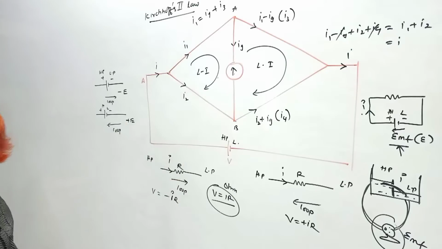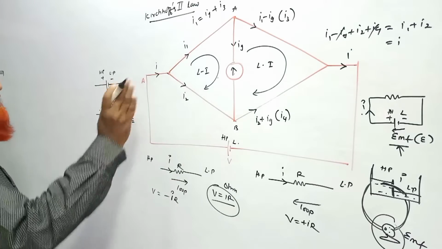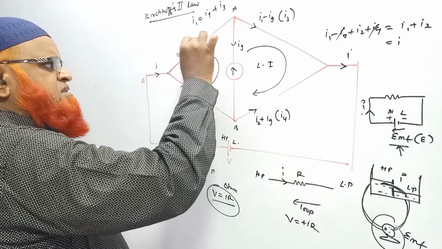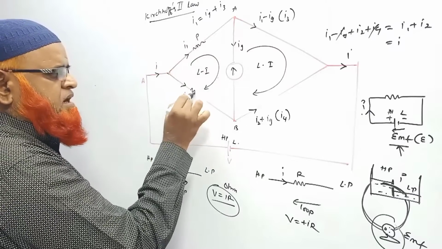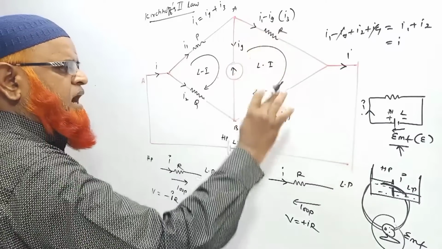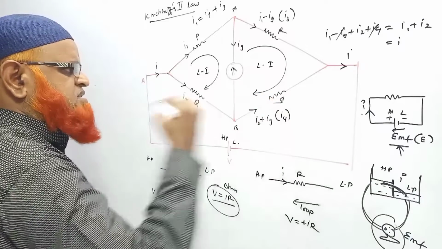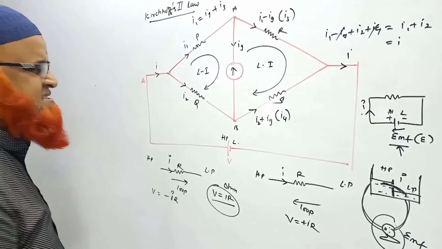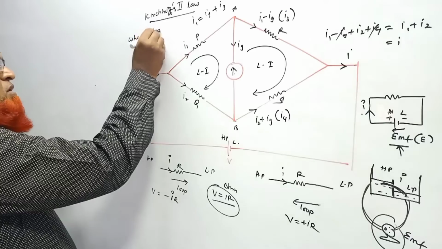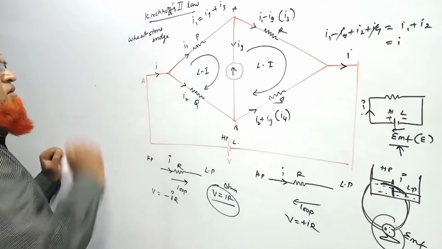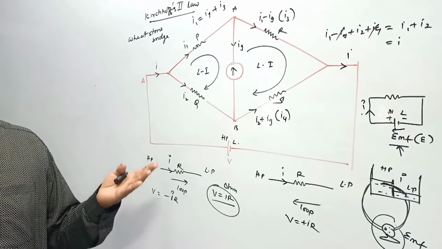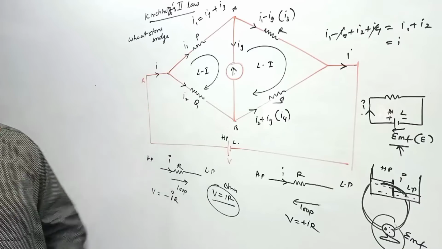Now, let me discuss how this loop is going to work here. If you observe, this is resistance P. Here, this is resistance Q. And here, R. And here, the resistance is S. So PQRS is the circuit. This is called a Wheatstone bridge. This is just like a bridge, but not like our bridges. It's different. Electric bridges. This is a Wheatstone bridge.